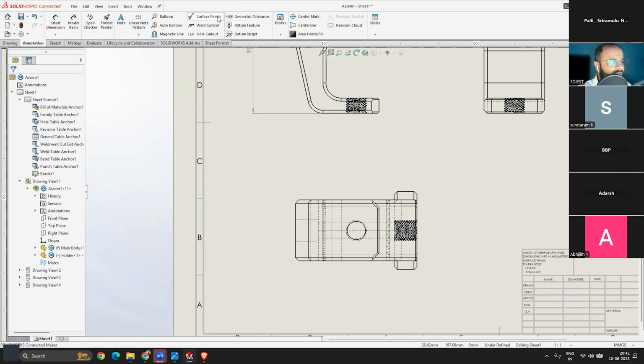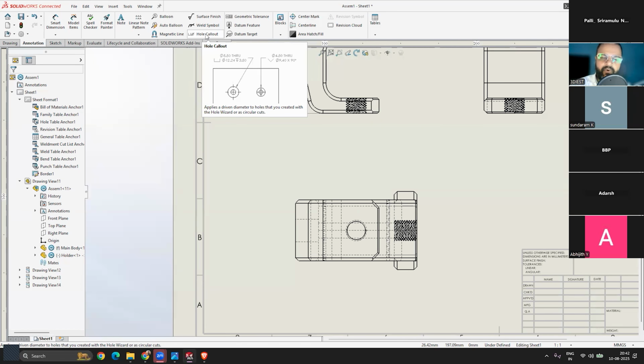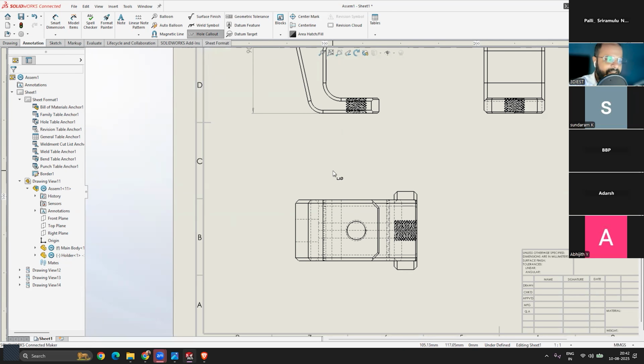Callout feature. You will be able to see this hole callout feature, right? This is especially to mark the hole size. If you have created the hole and thread features to create those features into a part model, you can use this feature called hole callout inside drawing space. And the moment the tool is active, simply click anywhere onto the circumference of your hole and drag outside.